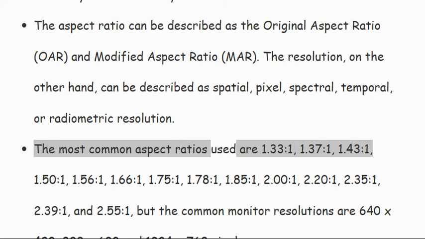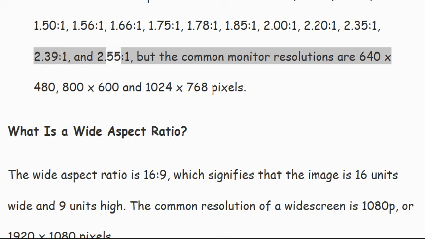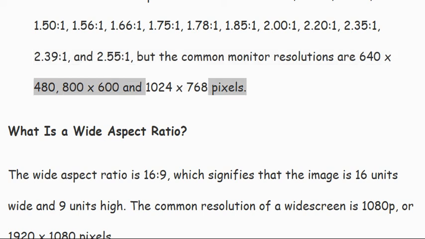The most common aspect ratios used are 1.33:1, 1.37:1, 1.43:1, 1.50:1, 1.56:1, 1.66:1, 1.75:1, 1.78:1, 1.85:1, 2.00:1, 2.20:1, 2.35:1, 2.39:1, and 2.55:1, but the common monitor resolutions are 640 x 480, 800 x 600, 1024 x 768 pixels.